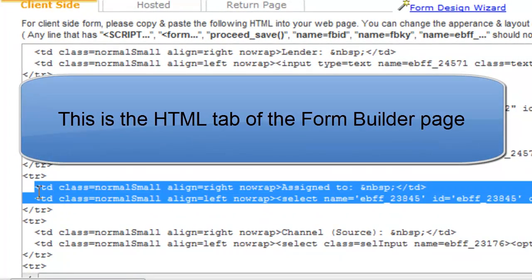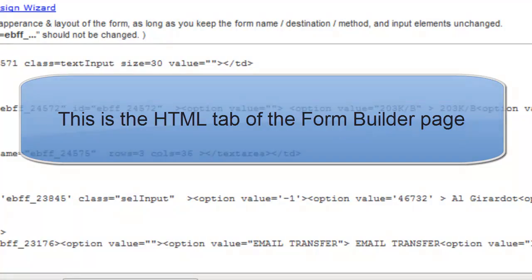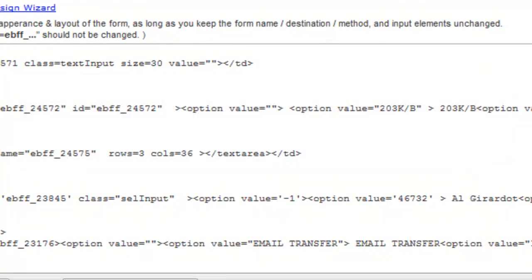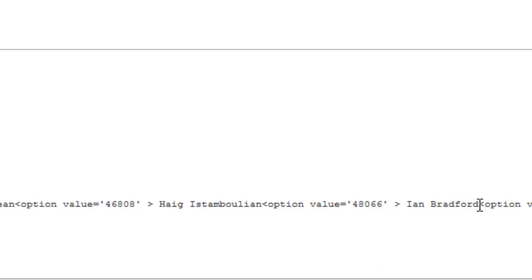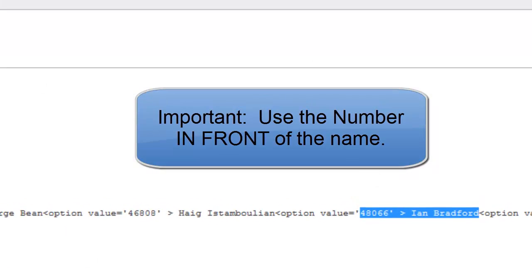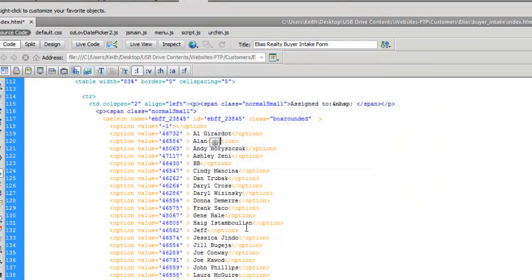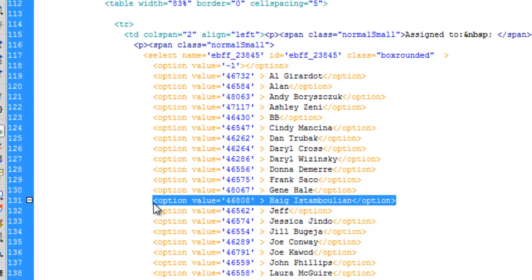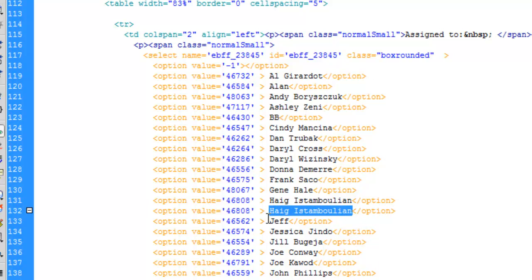So in order to go ahead and add a particular user, here on my form is where I can find all of the names of the users that I would want to add. I'm looking for a particular name that needs to be added to my form, and I'm looking for Ian Bradford. So what I'm going to need is Ian Bradford, and this number, 48066. So I go into my web form, and because I want to keep things in order, you're going to see me copy this information to the next row, and then I'm going to change the name,